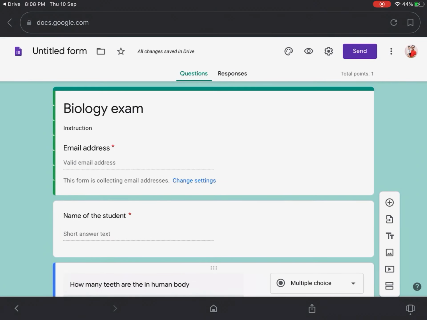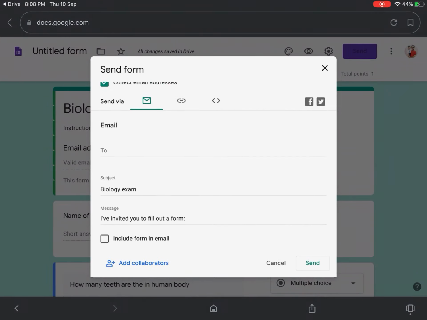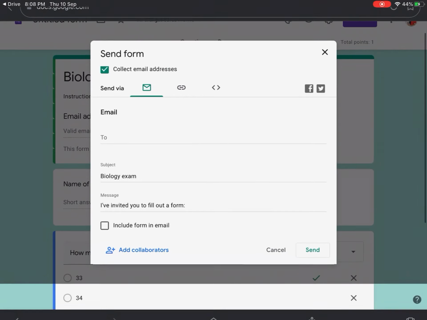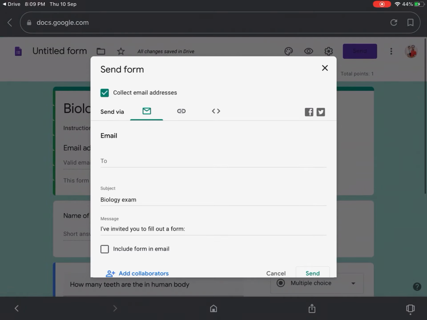So you have prepared the question, you have seen the menu bar, you have seen the setting, then you have to send this to the participants. Then you have to select the send option. You can send it through your mail, or you can send it through the link. Link is the better option for 50 or 100 participants. So by this you can send the message through the link.